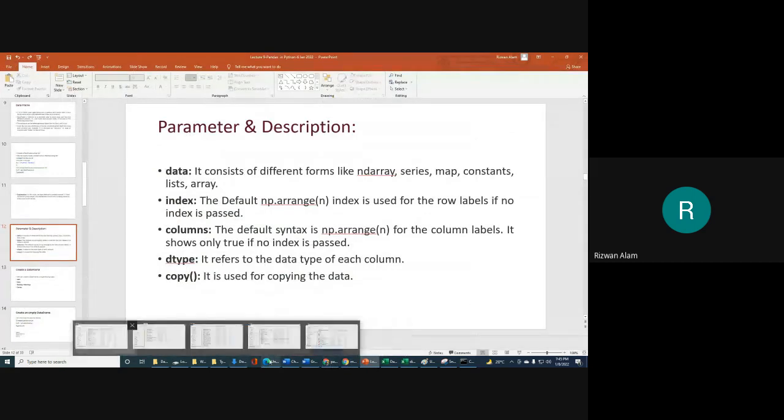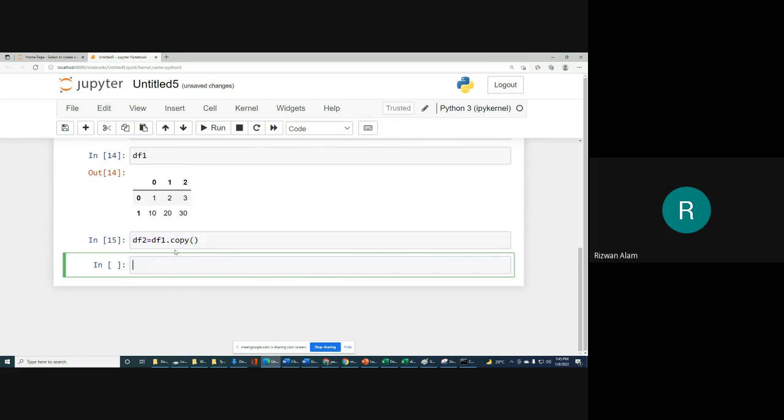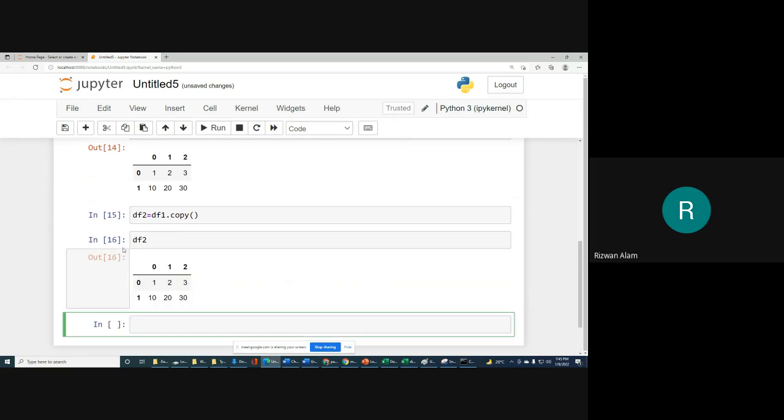But before that, I am just going to create df2, in which we want to copy this. Whatever we have in df1, all those things will be copied in df2. So if you print df2, you will get the same thing.